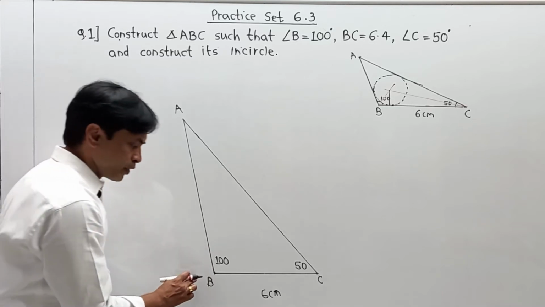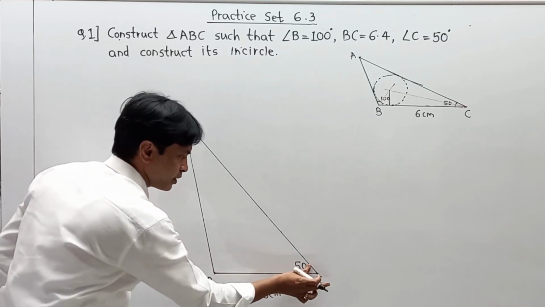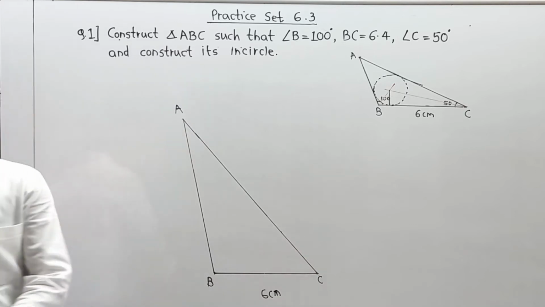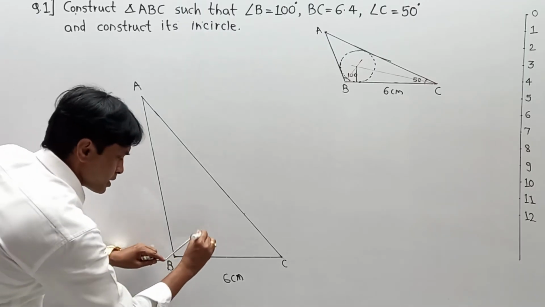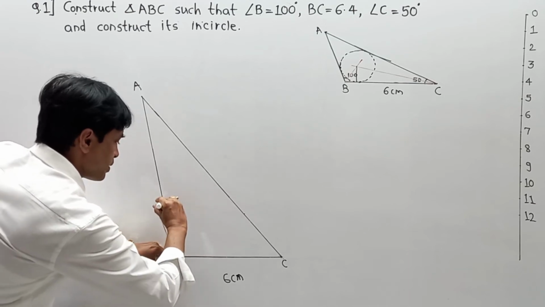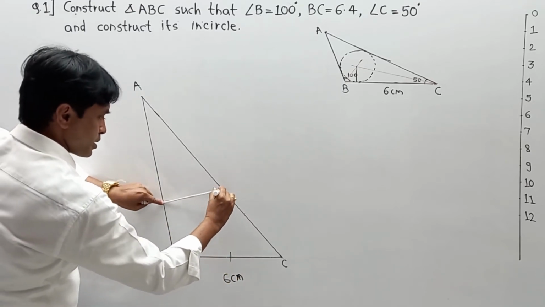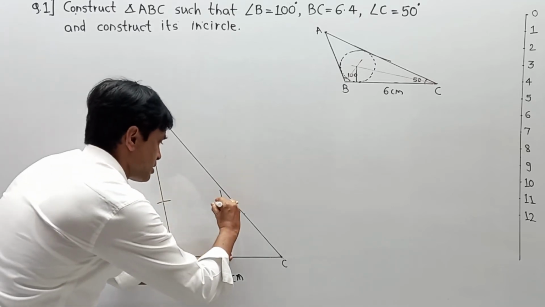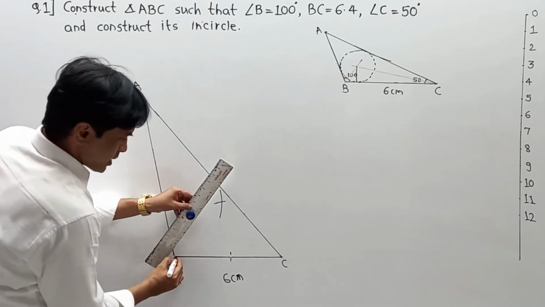For the incircle, we have to take the angle bisection of angle B and angle C. So again I am going to rough in this 100 and 50 from here. If you want to draw an angle bisection, in a previous numerical we already learned how to draw it. So again I have to take some particular distance with main vertex B. From B, first arc, second arc, and from B with these two new marks, first arc, second arc. Now here I am able to get the angle bisector of angle B.